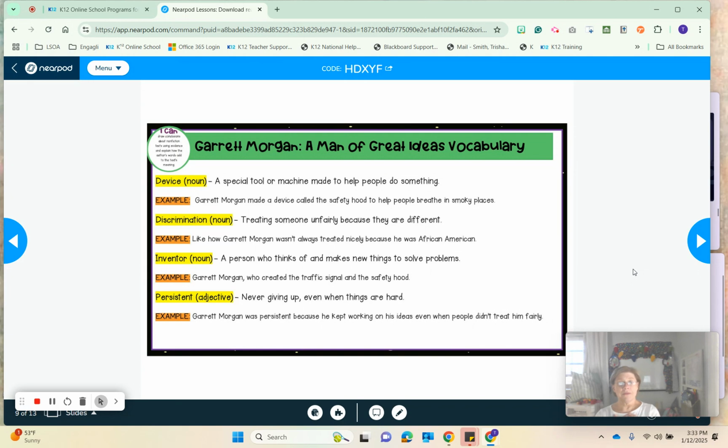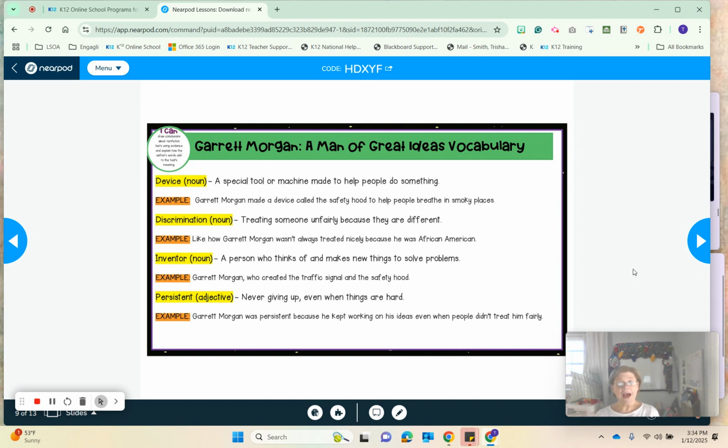Next one, discrimination. Treating someone unfairly because they are different. Like how Garrett Morgan wasn't always treated nicely because he was African American. Inventor, a noun, a person who thinks of and makes new things to solve problems. Garrett Morgan, who created the traffic signal and safety hood, was an inventor. And lastly,